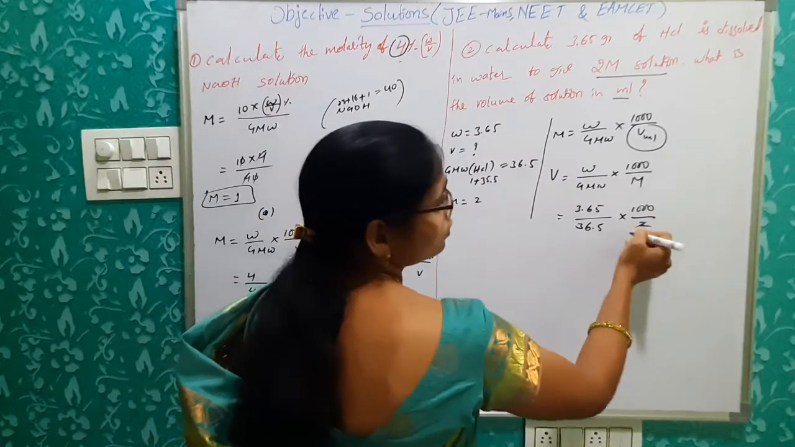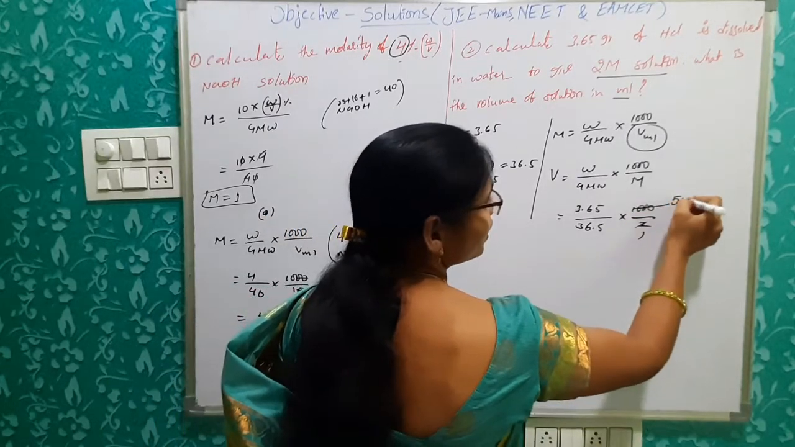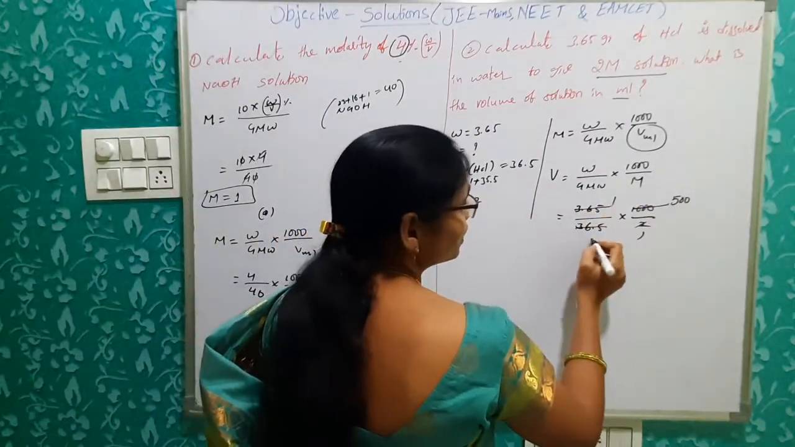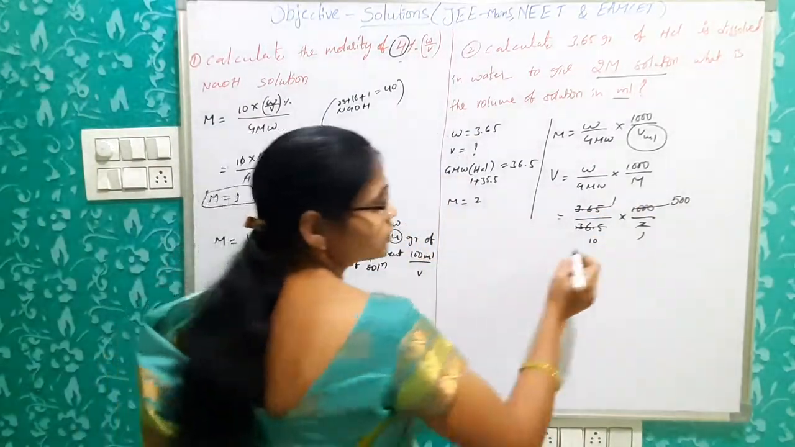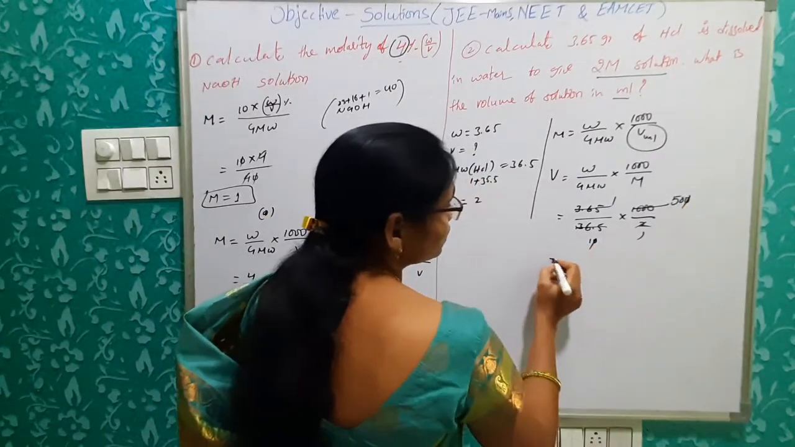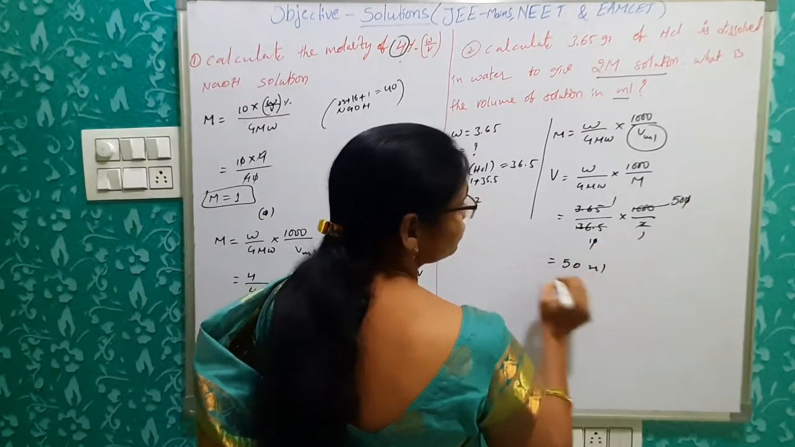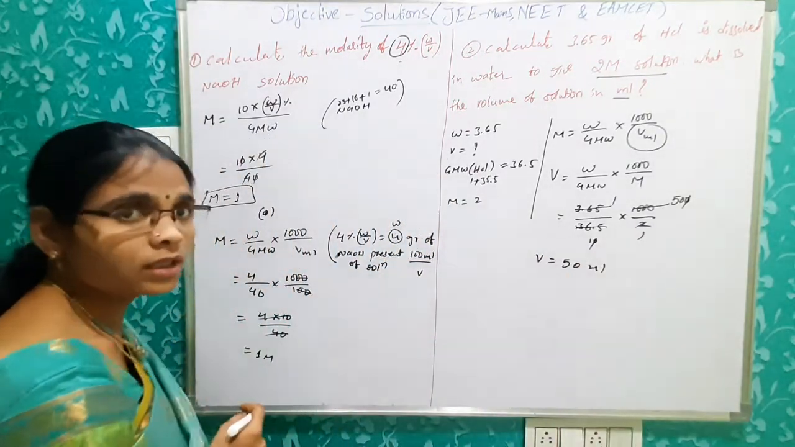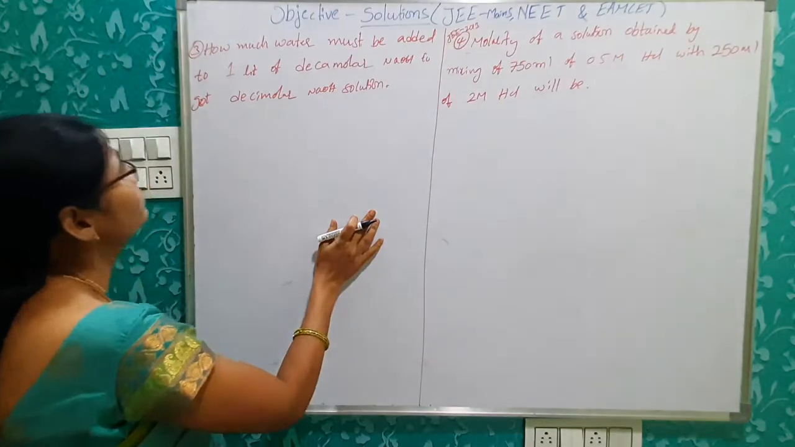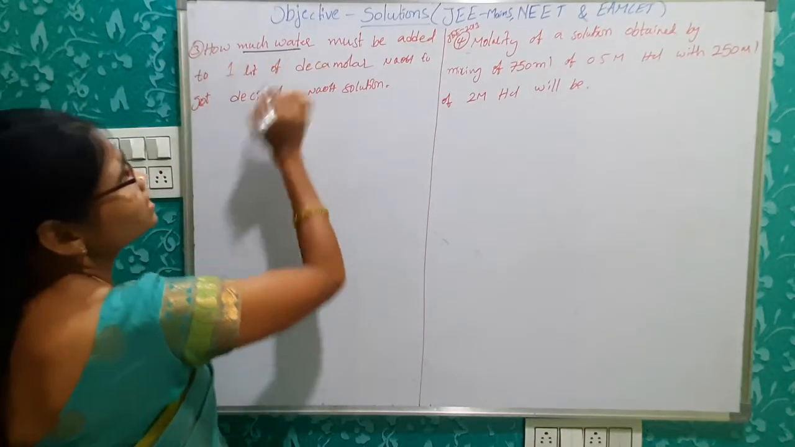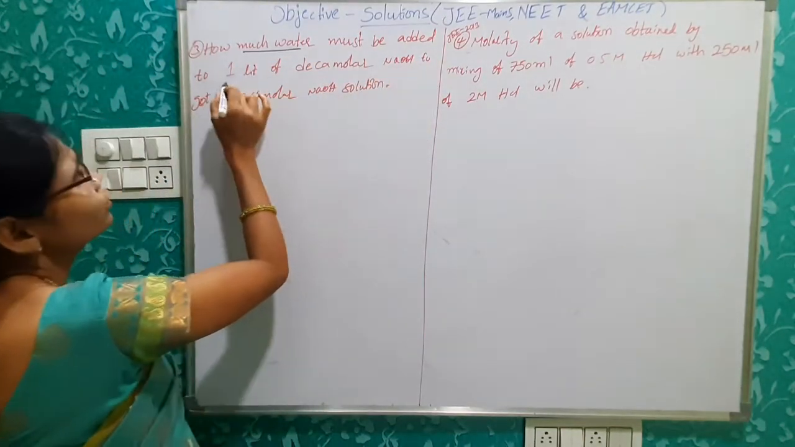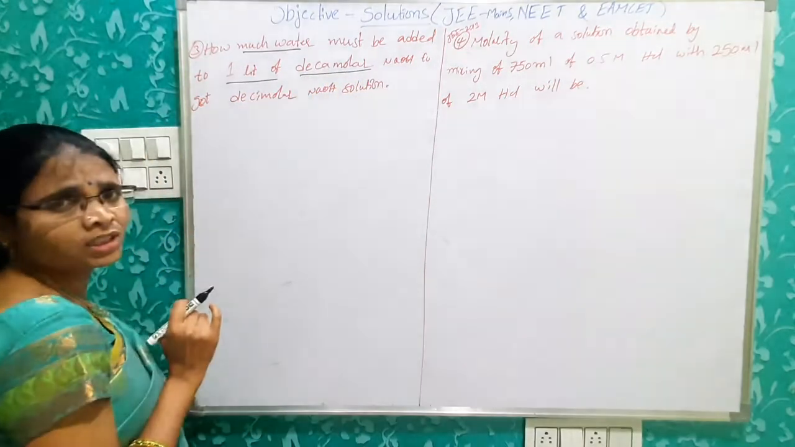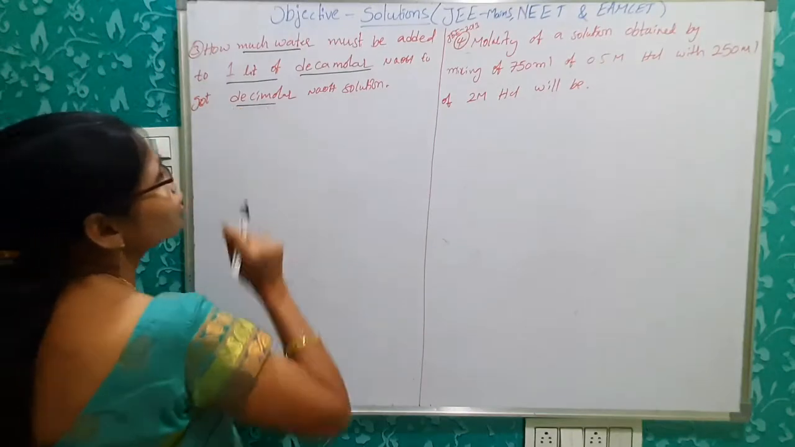So 3.65 by 36.5, one's how many times? Then 1000 by 2 is 500 times. So simply this is one's 10's, zeros cancel, so 50 ml. So what is the volume? The volume of solution is 50 ml. Clear? Next, third problem. How much water must be added to 1 liter of decamolar NaOH solution to get decimolar